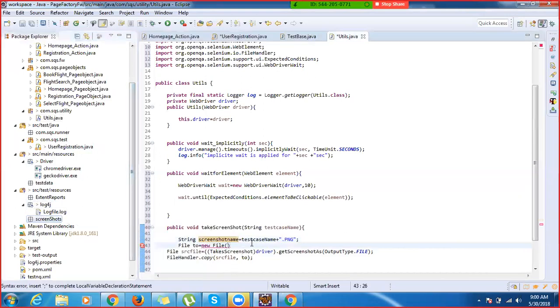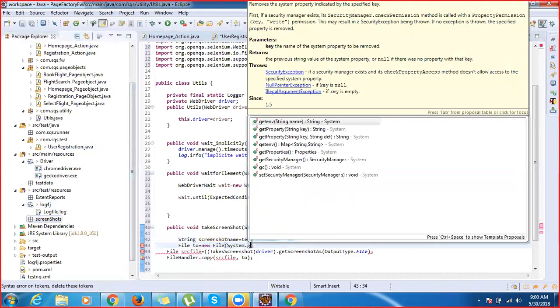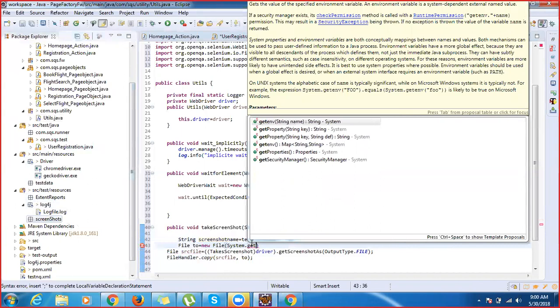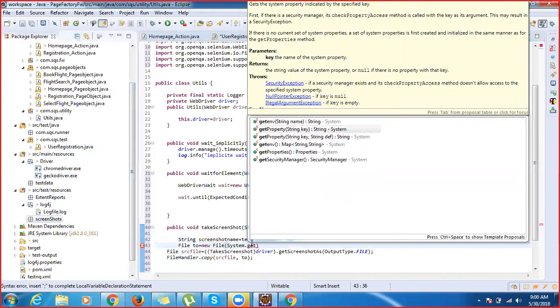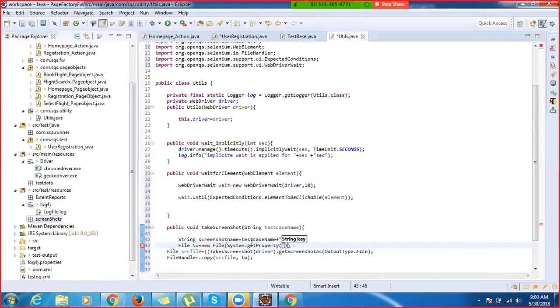In here, System.getProperty, this thing. Then I need to write user.dir, then the location. So what would be the location? src, test,